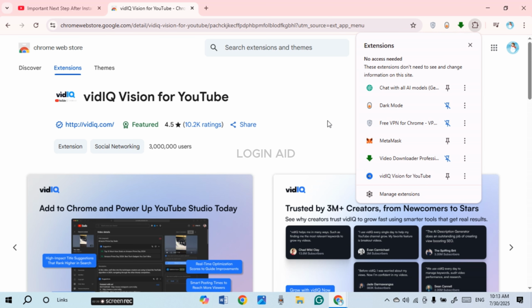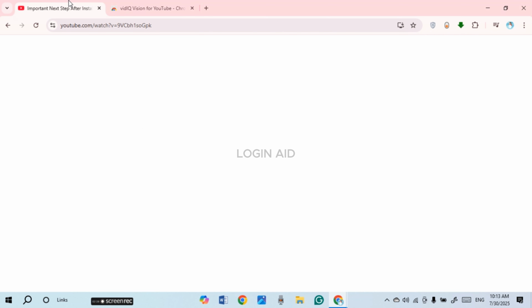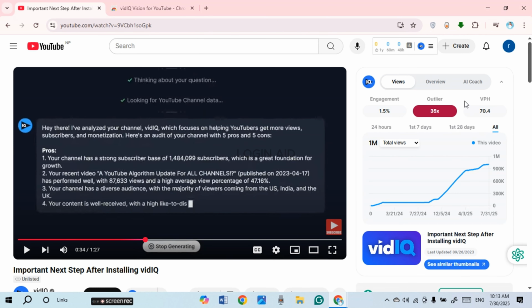Once you do that, you'll be redirected to create the account for yourself. Simply create the account using your Google account, and after that it will be added. Now once you do that, you can simply open YouTube and you'll also be able to see the vidIQ Vision over here. So like this, you'll be able to add the vidIQ extension to YouTube. So that is how you add vidIQ extension to